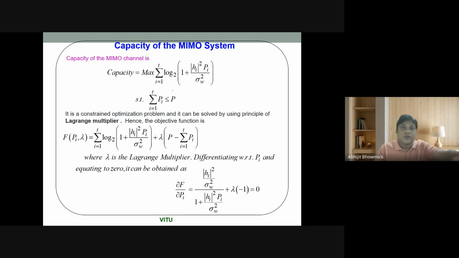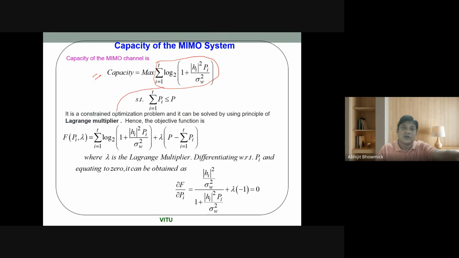So my problem formulation is the capacity that I have to maximize for T number of users. That's the summation from i equal to 1 to T. I have to maximize this capacity, keeping the constraint that the sum of Pi is less than P. So when I write using the Lagrangian problem, I'll write the equation first, this part first, which is